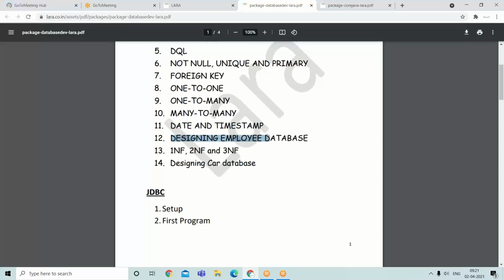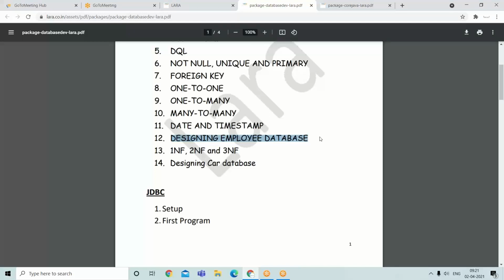Then designing an employee database. A simple employee database by considering one-to-one, one-to-many, many-to-many, all mappings. Everybody can understand. Please observe. Through this, you can understand any database design for a project. Simple database design for employee data.